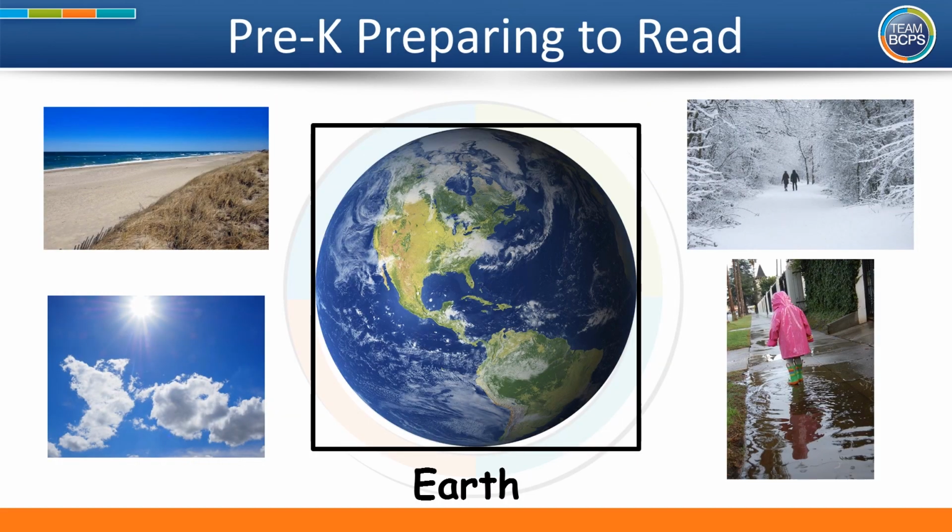Before we begin reading our story, The Earth and I by Frank Ash, I'm going to share with you some words that are going to help you to understand the story. Take a look at this picture here. What do you see? It is a very special planet. It is so special because it's where we live. This is the planet Earth.